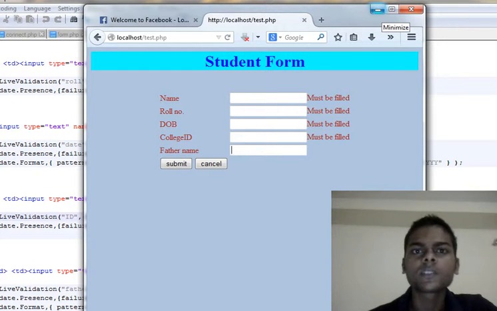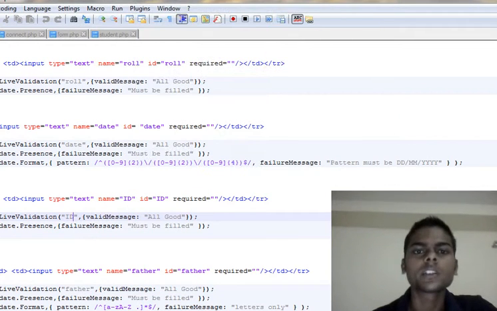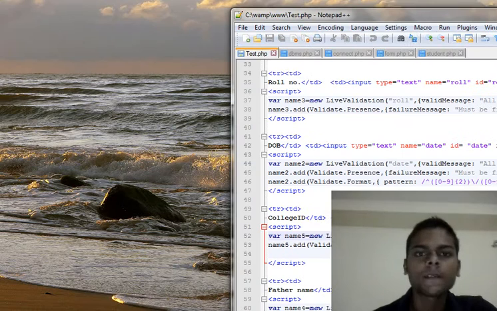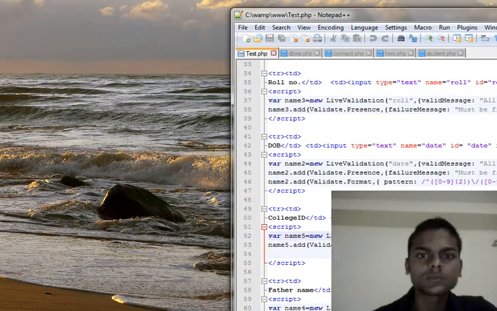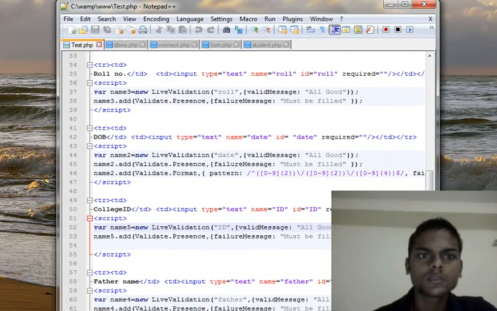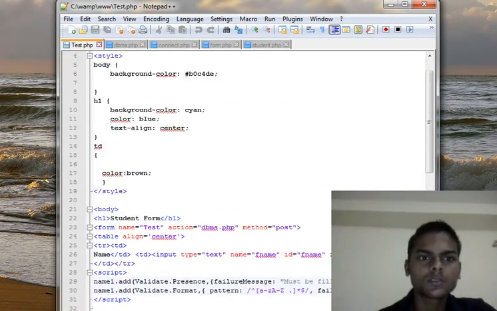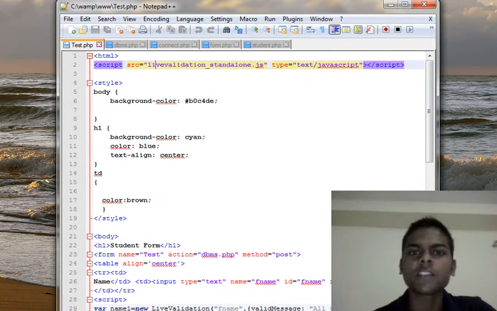Let us see how this is working, the code behind this form. Here is the code. This is the live validation JavaScript file which we attach at the start of the HTML page.